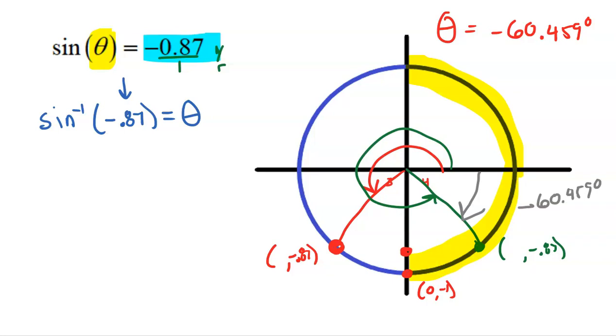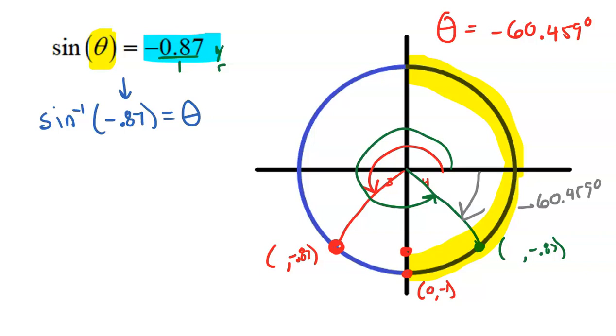Every y value on the right-hand side in quadrant 1 and quadrant 4 doesn't repeat itself as long as you stay in that range. You're not allowed to go around the circle. You're not allowed to go multiple times forward or backwards. You're only allowed to go up to 90 or down to negative 90. So that's why they gave me the answer of negative